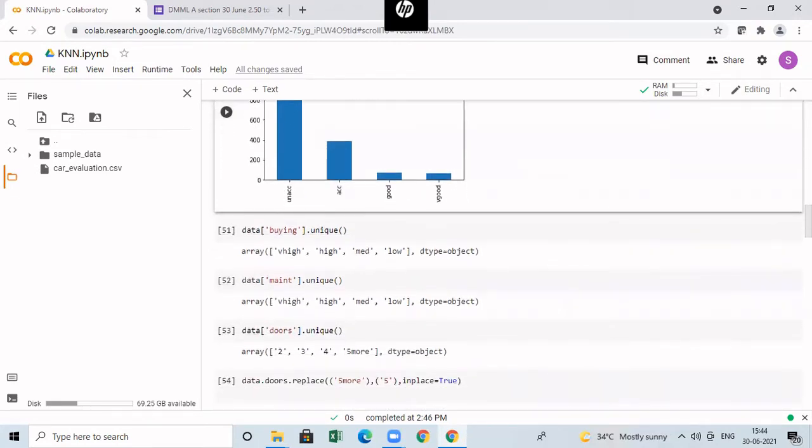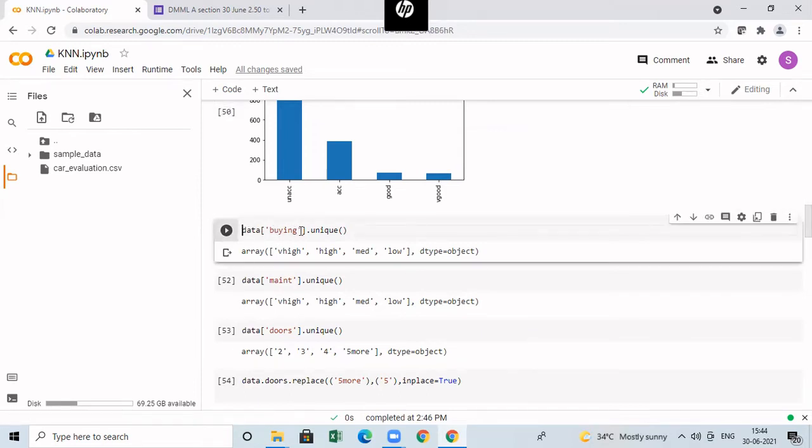After that, in each and every column, I want to find out what are the unique values associated with that particular column. You have different columns. The first column name is buying. So I am passing data.buying, which is the first column, the buying column. In that, I am finding how many unique values are present, so I'm writing dot unique. This is going to give me what are the unique labels present. It will not count anything. It will simply tell you what are the different unique labels present.